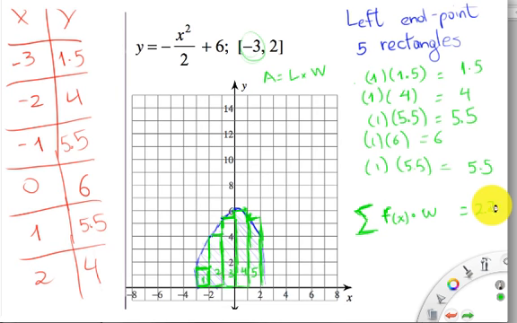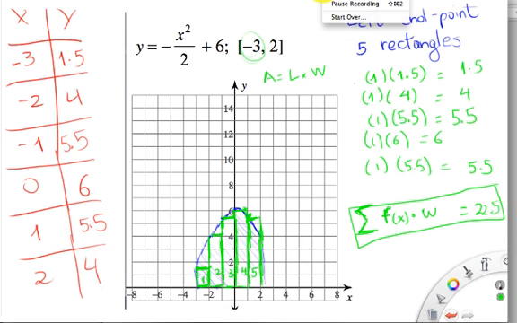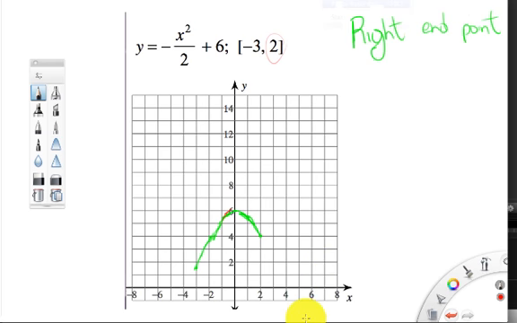Oh, that's not right. 22.5, if I did the math correctly. So it's 11, 15, 21, 22.5. Because they're going to kick me out of school. We need to finish